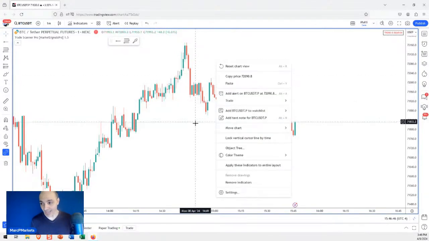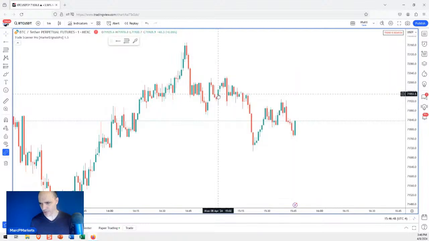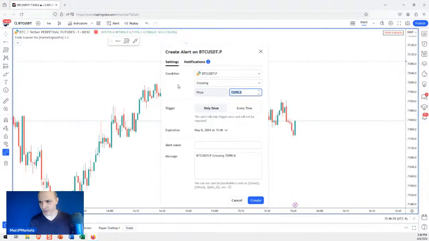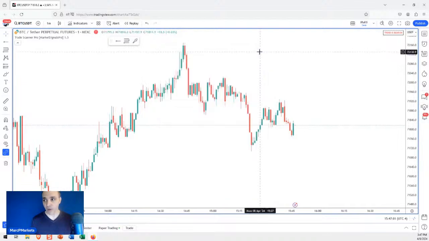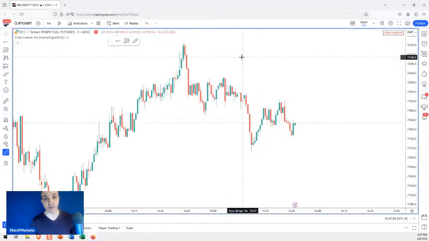But what you can do is set up a notification from TradingView and say, when a signal appears, let me know. If you have the TradingView app, it'll pop up on your phone. If you have a tablet, it'll pop up. If you have it on your desktop, wherever, TradingView will give you the notification. If you have the free version of TradingView, you can set up at least one notification. One. If you have a paid version, you can set up more notifications.